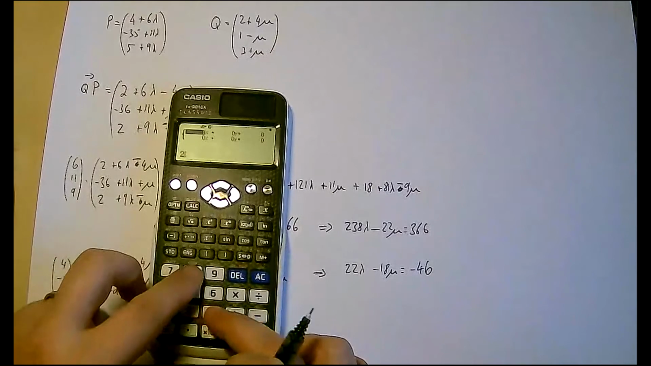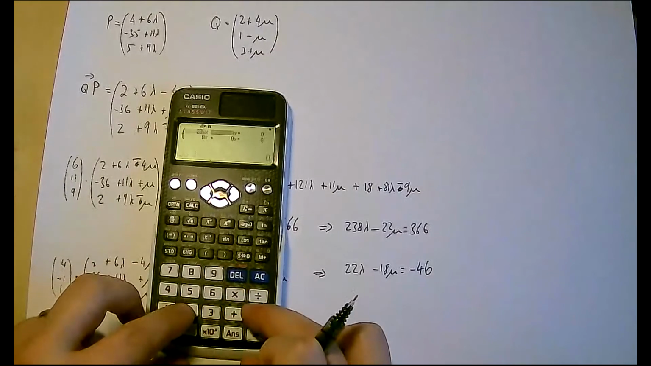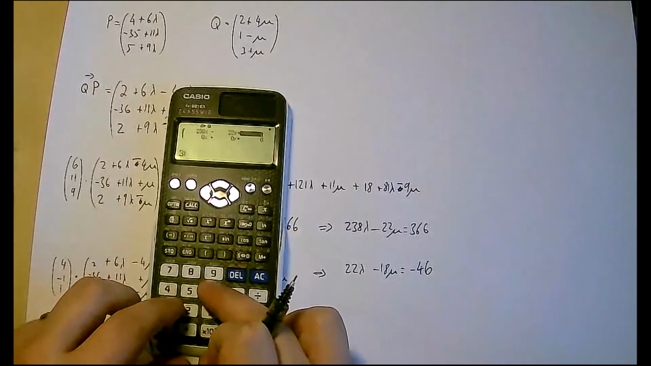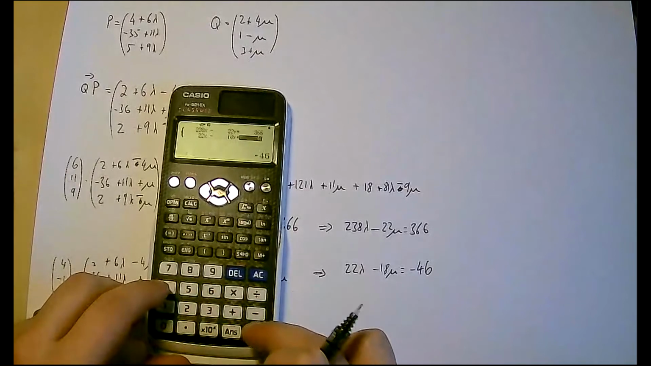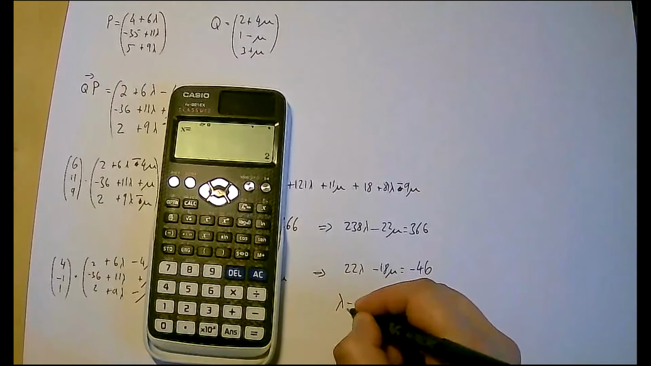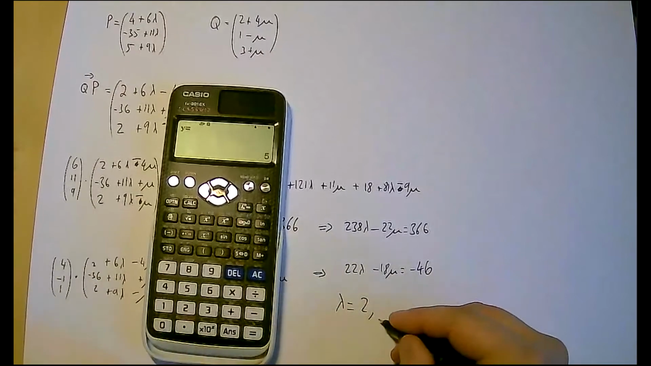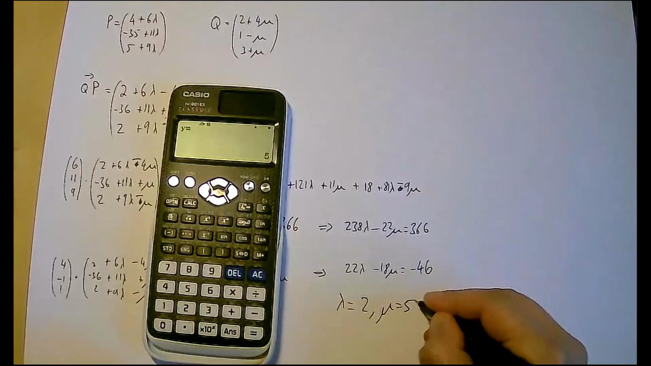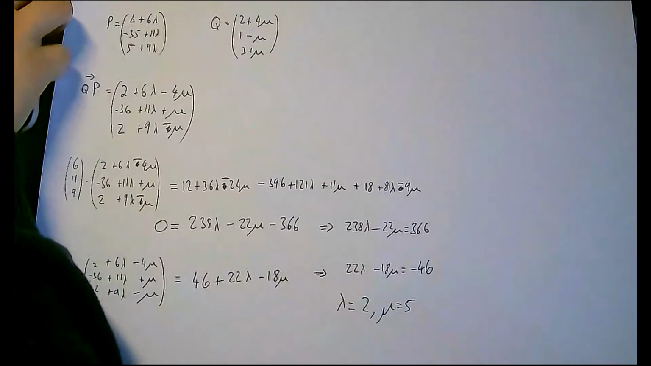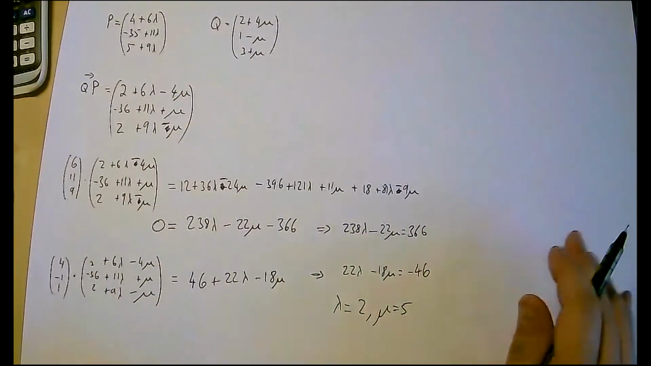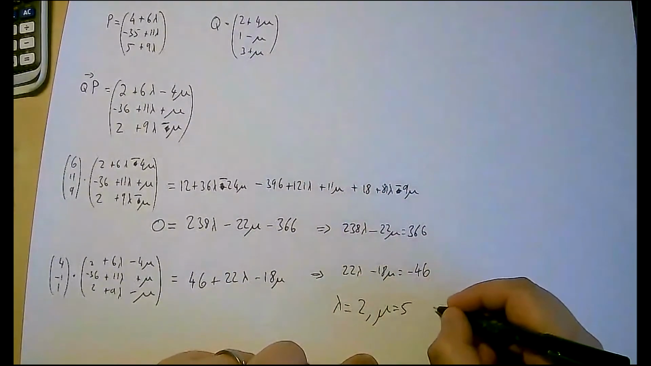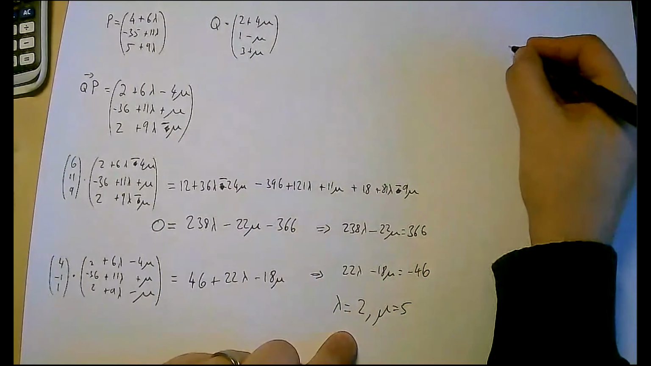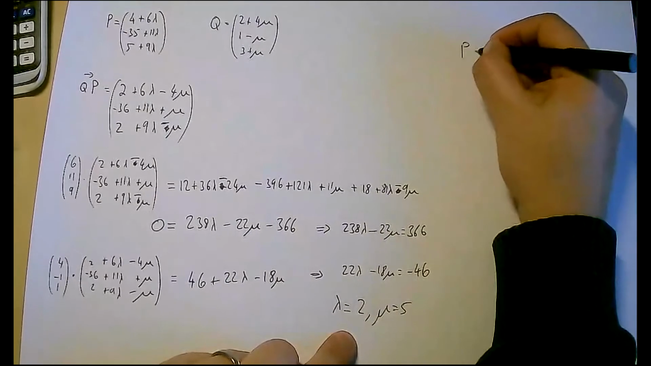We get 238 take 22, 366, 22 take 18, take 46, and we get that lambda is 2 and that mu is 5. So we can use those values to work out what P and Q are. And in fact, we do P and Q just so we can show you where they fit on the graph. So using these values over here, we get that P is